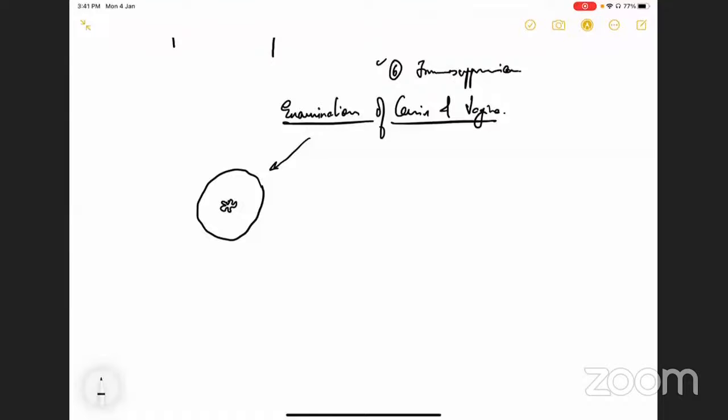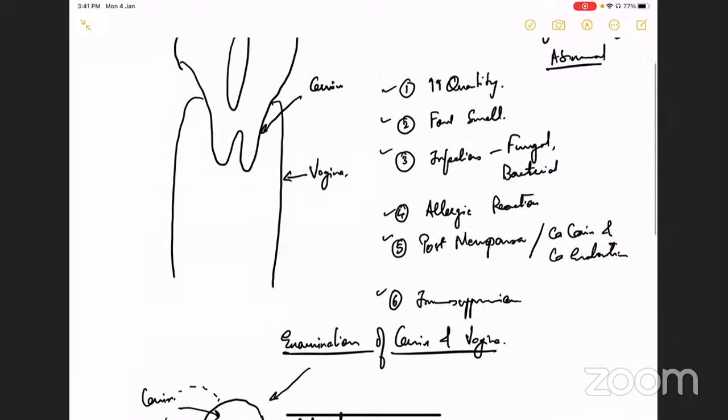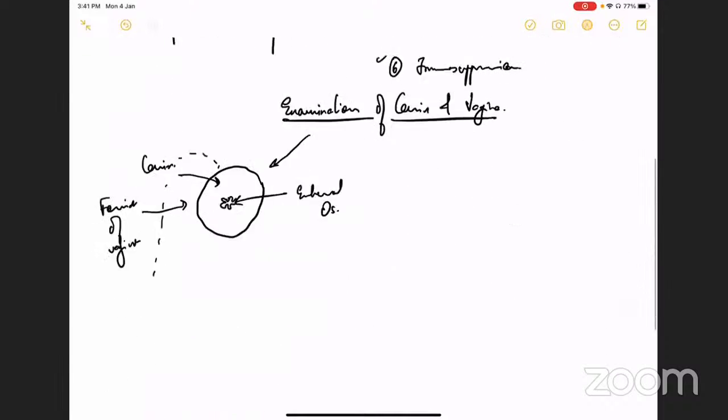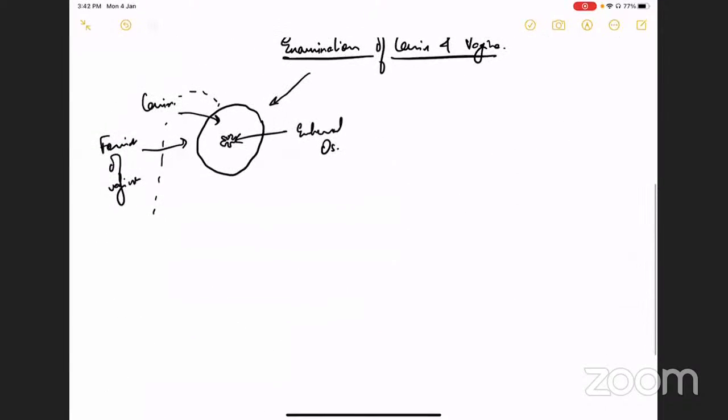This is how a cervix would normally look. This is going to be the external os, and this is going to be the cervix. Behind this is going to be the fornix. So this part is the fornix of the vagina. I will label it upstairs also. See this? This is called the fornix of the vagina. There are four fornices: two lateral, one anterior and one posterior. Remember, it is this region, the fornix of the vagina and the cervix, where you are supposed to identify and look for the type of discharge which is happening.